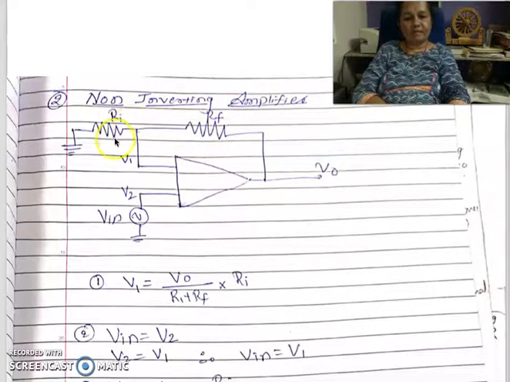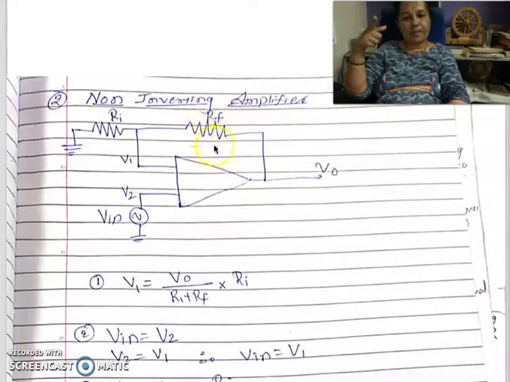So the modification is that you are not going to see these two resistances in the circuit of the voltage follower. If this resistance should not be seen in the circuit, what you are going to do is make Ri equal to infinite. So when Ri is made equal to infinite, this is open circuited and nothing exists this side. The circuit ends at this point only. So the first modification is Ri is set equal to infinity.